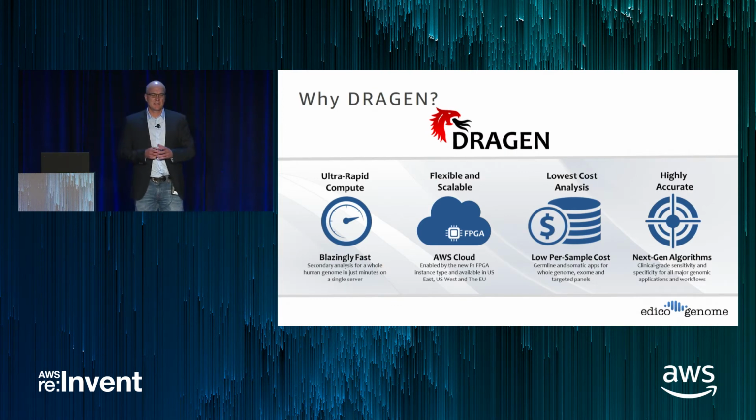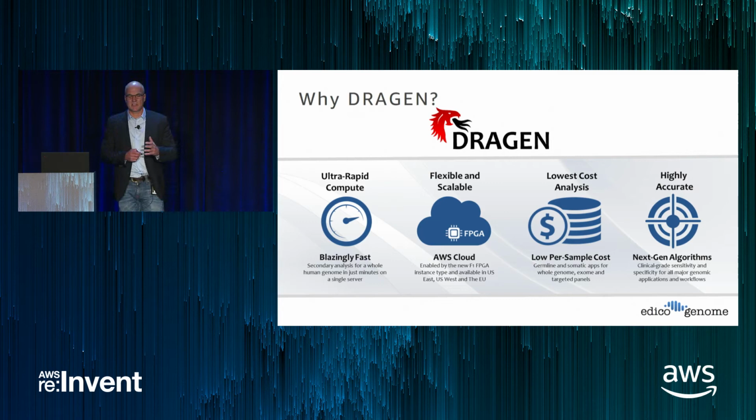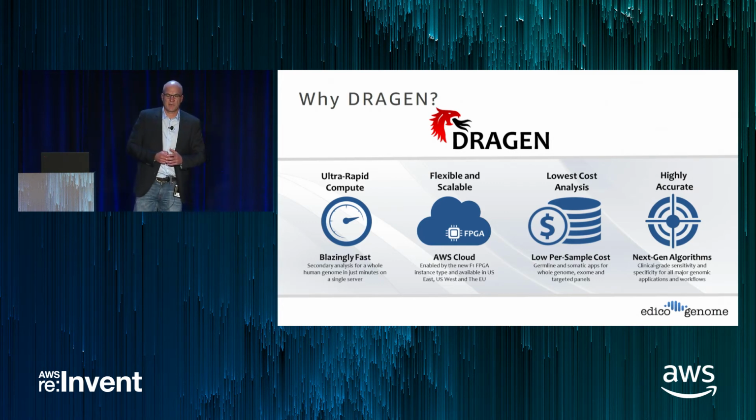Our value proposition is clearly that we can do things a lot faster, as I've talked about. The cost as a function of the speed comes down significantly. And of course, there's the flexibility and the scalability that an F1 platform allows for this kind of technology. In addition to these three components, we have also developed pipelines for different genomic applications that have unprecedented accuracy. Again, that's part of the advantage of being able to do that on F1 or FPGA instances, because you don't have to take shortcuts. You can develop really complicated algorithms and deploy them on these FPGAs and still get all the previous advantages, which are the speed, the scalability, and the cost. So it's very applicable to have F1 instances in the cloud and to have FPGAs available to everybody